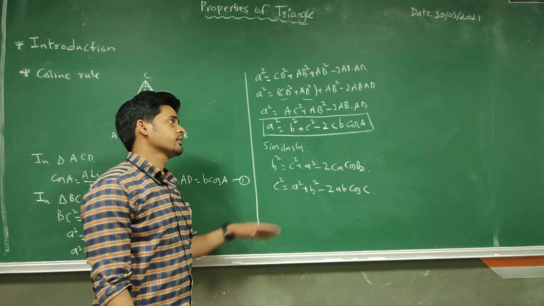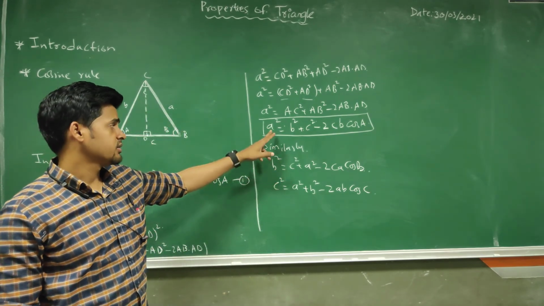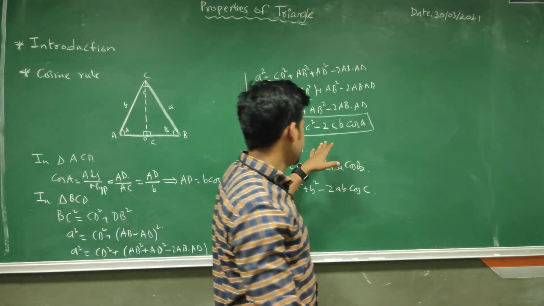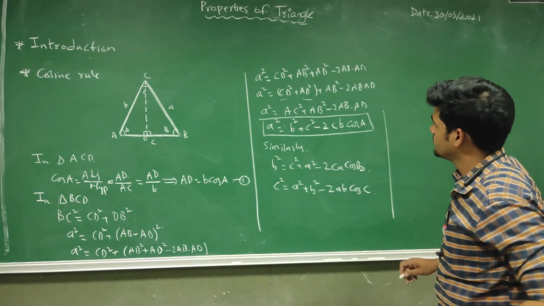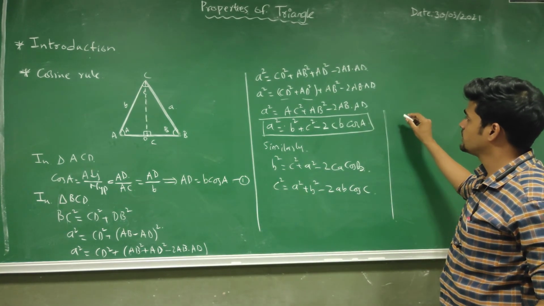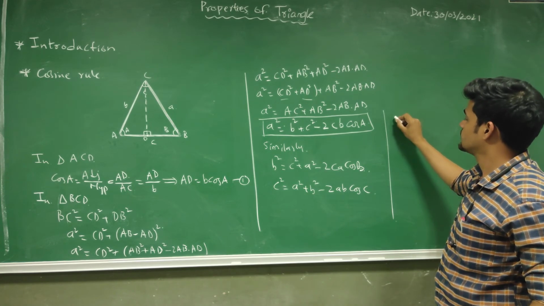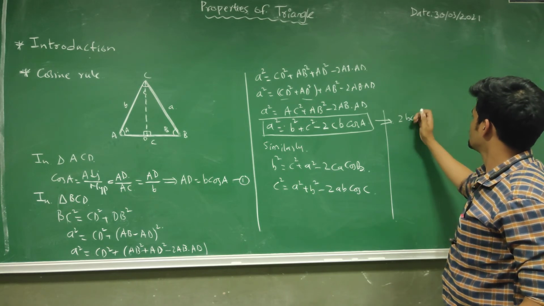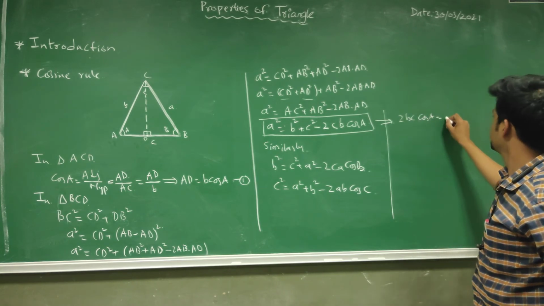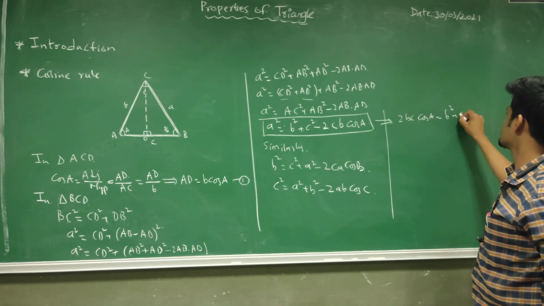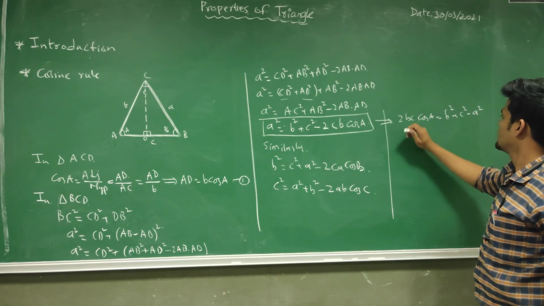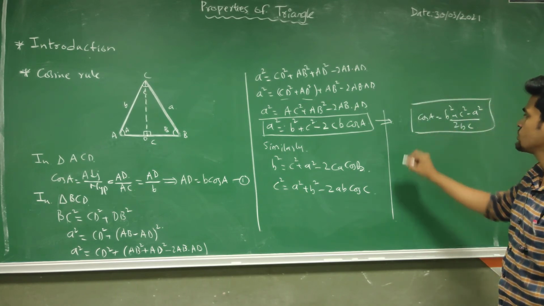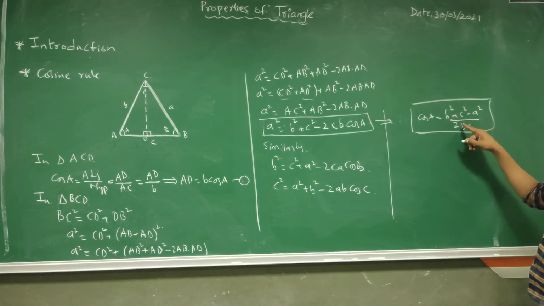So we have three equations in cosine rule. The first, A square, B square, C square. If we want to know the angle, we can find the angle like that. If I rearrange this, 2BC cos A will be B square plus C square minus A square. So I can find from cosine rule cos A is B square plus C square minus A square